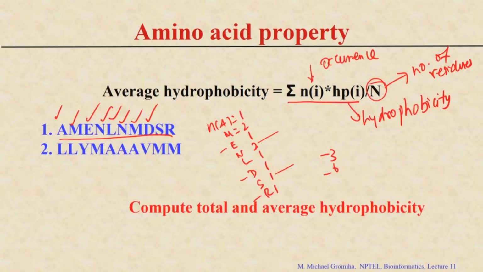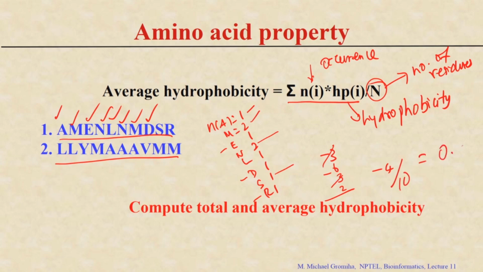A C G M Y, this is 1, this is 2, this equal to 3, L equal to 1, that is 2. So, total value equal to -4. So, we take the second sequence and apply the same equation here. This 4 is the total value. If you want the average, 4 divided by 10 residues, 1, 2, 3, 4, 5, 6, 7, 8, 9, 10,